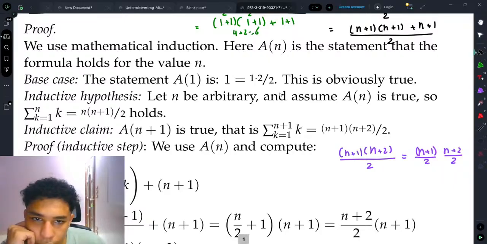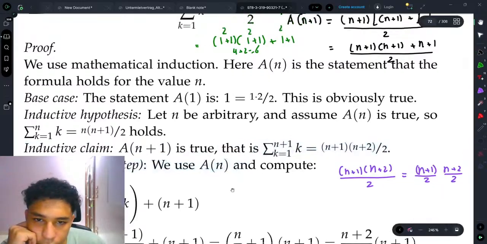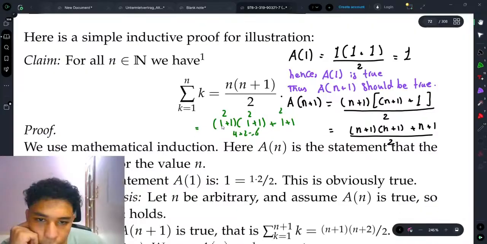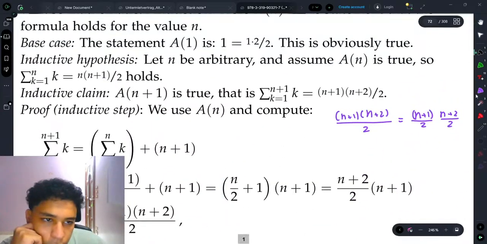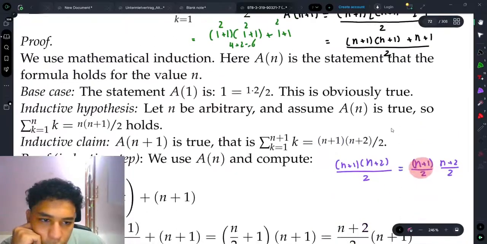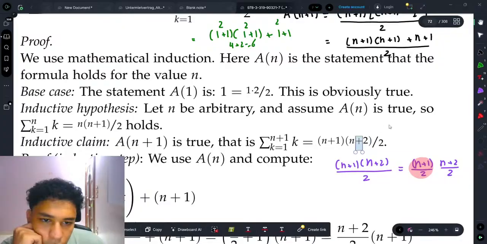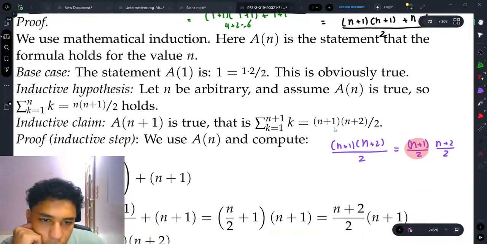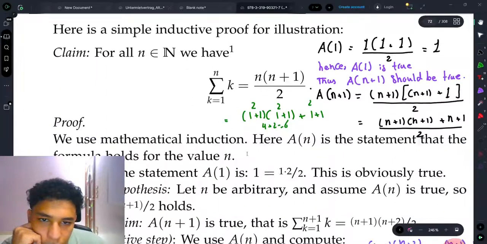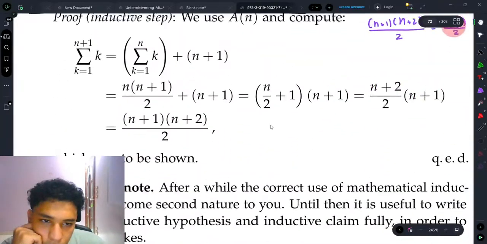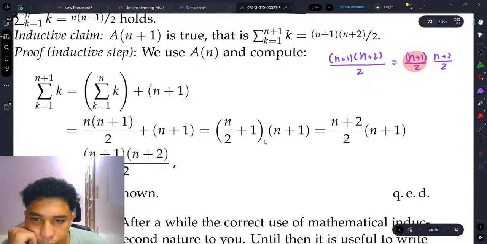And we know that this is n plus 1 over 2, n plus 1 over 2, which is basically this. So I can maybe say that I'm gonna replace the n plus 1, which is this part, by, so